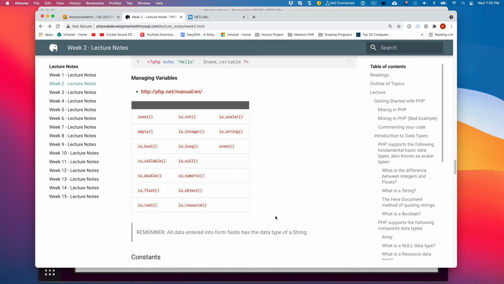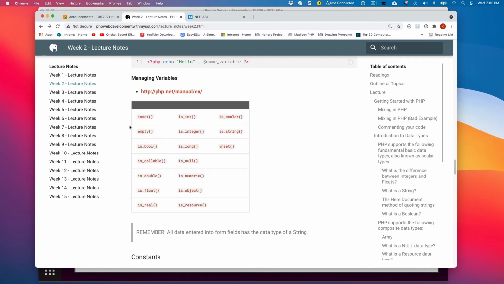That's always true. Anytime somebody enters in something in a form, it's always coming into your program as string data. So if you need to convert it, you can convert it. You can check to see if it's numeric or verify if it's numeric. You can verify if it's an integer, if it's a string, et cetera, et cetera.